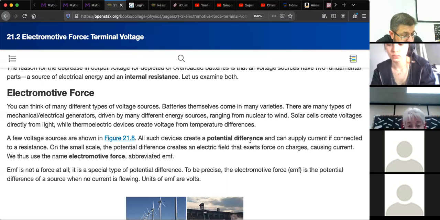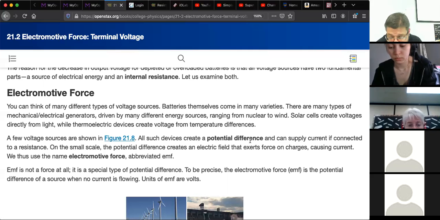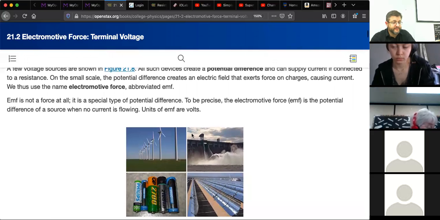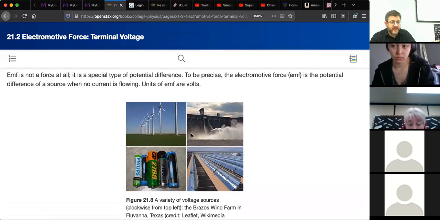And so the EMF is actually what the battery is designed to create, the voltage the battery is designed to create if it's not driving any current. In other words, it's kind of the ideal voltage for that battery, or the perfect voltage if the world was perfect and there was no resistance, and we had unicorns that lived among us or something like that. But anyway. All right, so